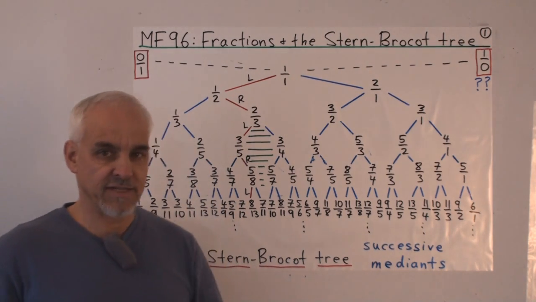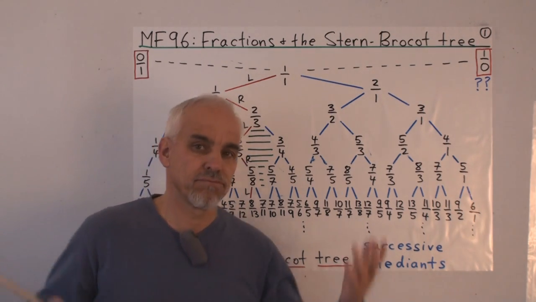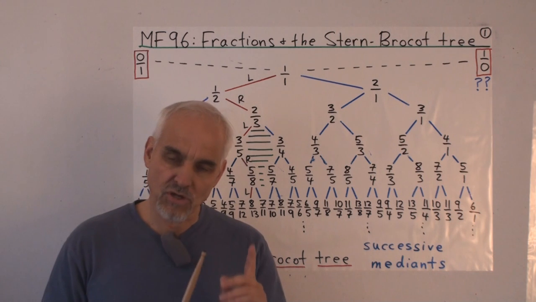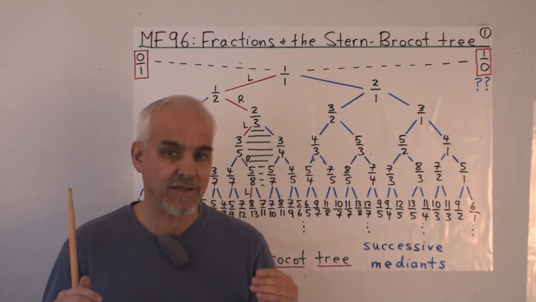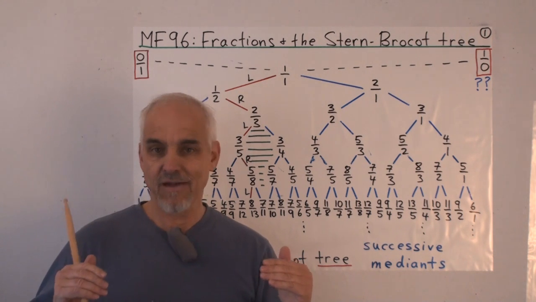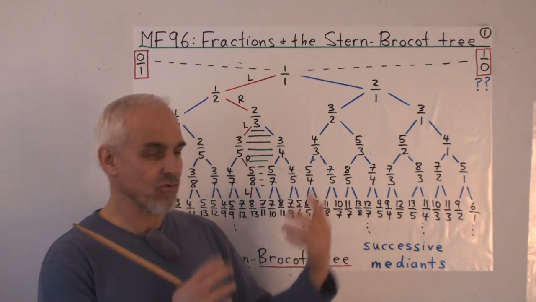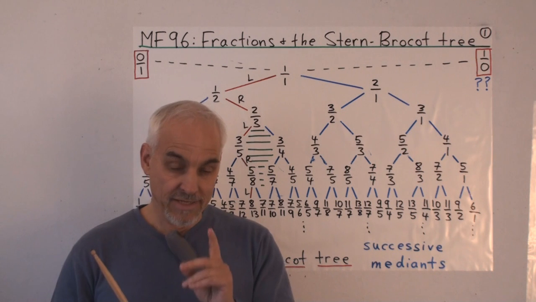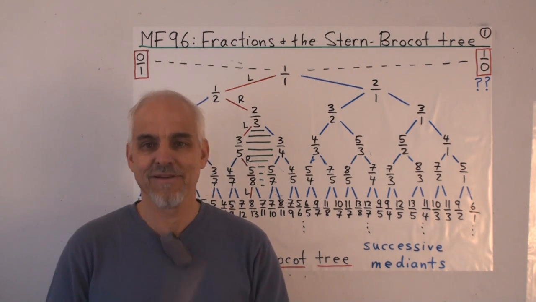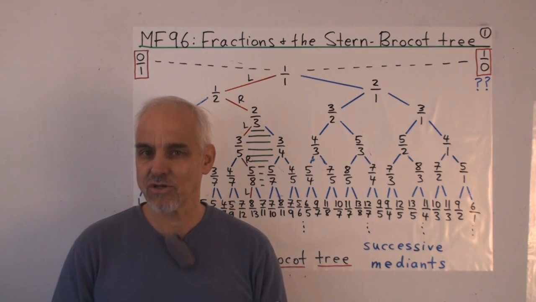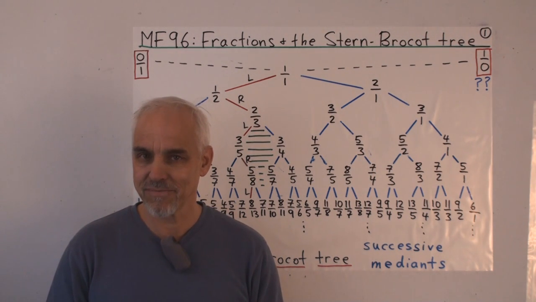No, we shouldn't just shake our heads and say, well, that's just the way it is. You know, mathematics has quirks. No, we should try to understand what's going on here. It means that our understanding is not yet at the level where we completely are in control of things. So next time we're going to have a look at this issue, and it's going to open up another aspect of this deep structure of rational numbers.